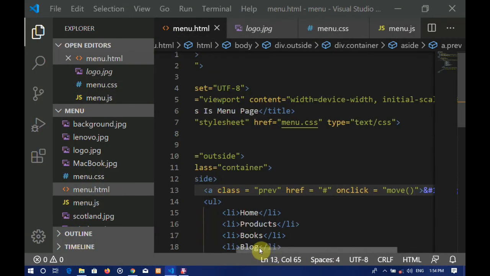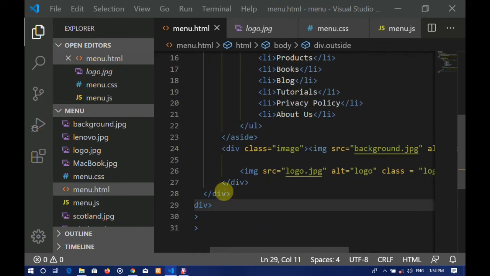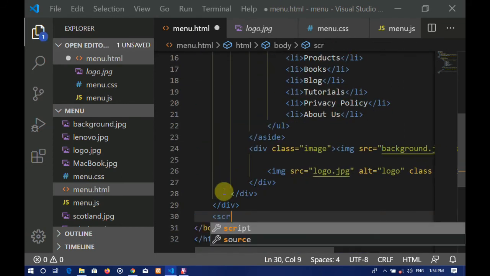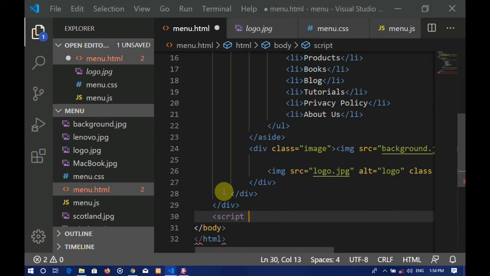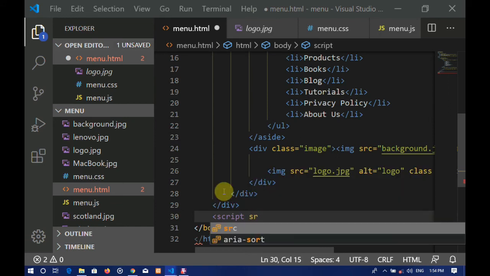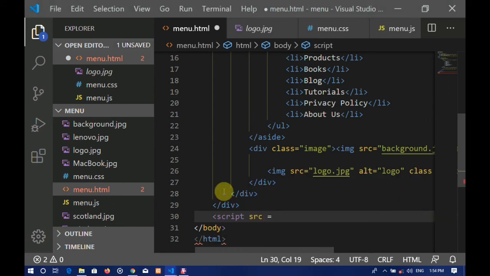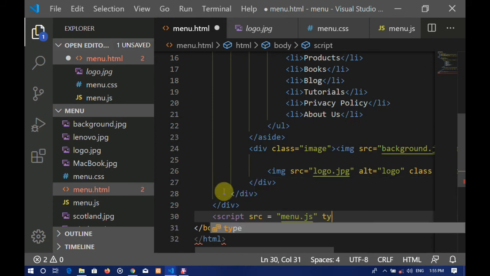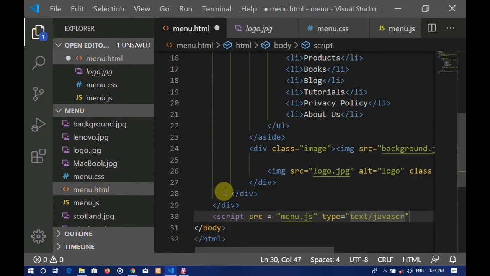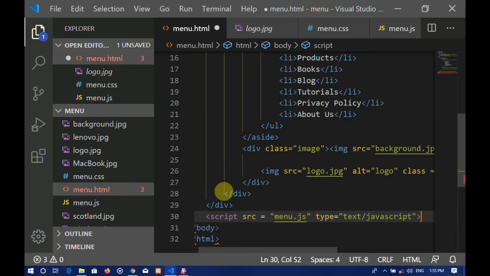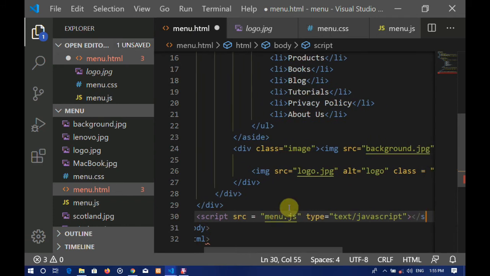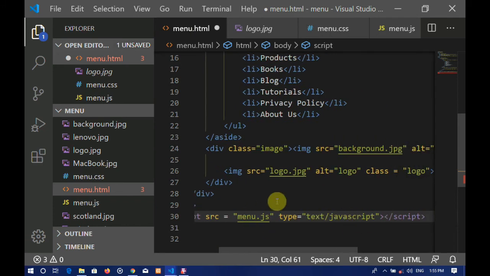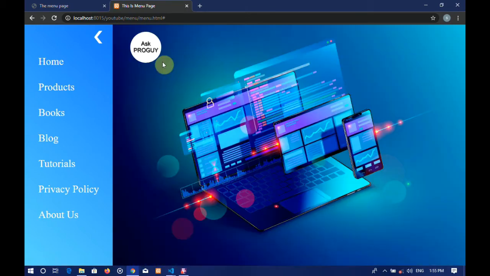And now it should work. I'm just gonna save it all, and here I'm gonna have to make that connection between our script and the HTML file also. So I'm just gonna connect our script and HTML file with the help of script tag, and the type will be text/javascript. And yeah, let's refresh it and see how it works.